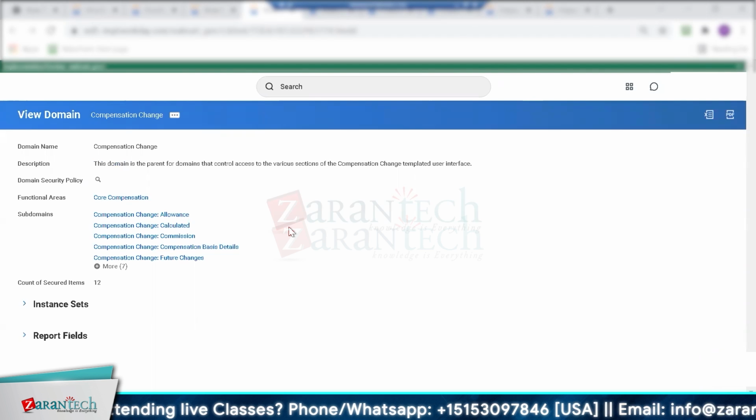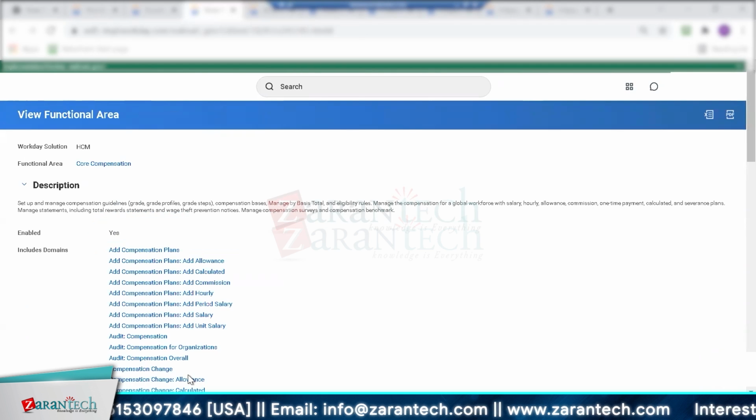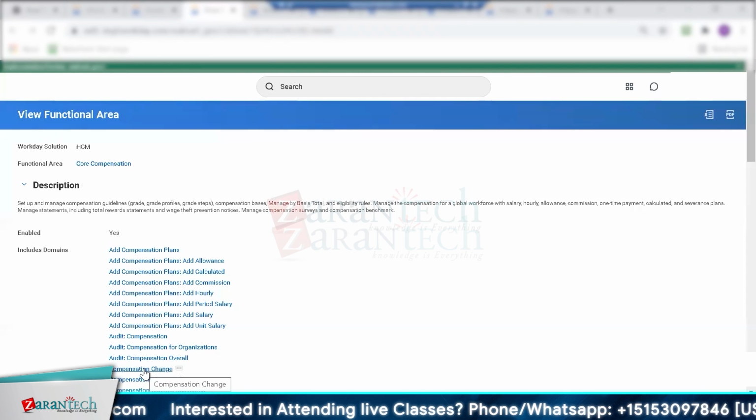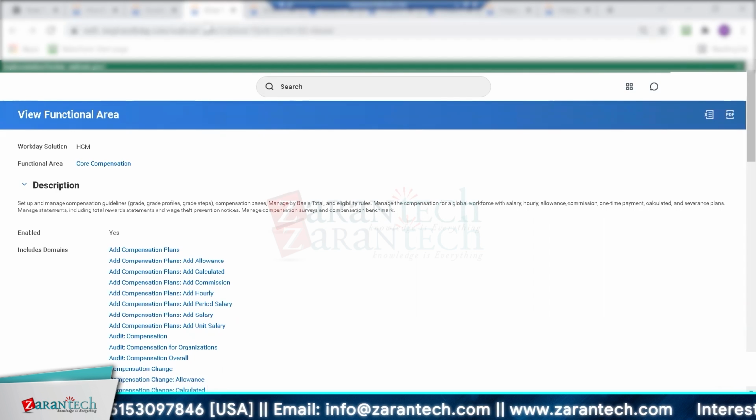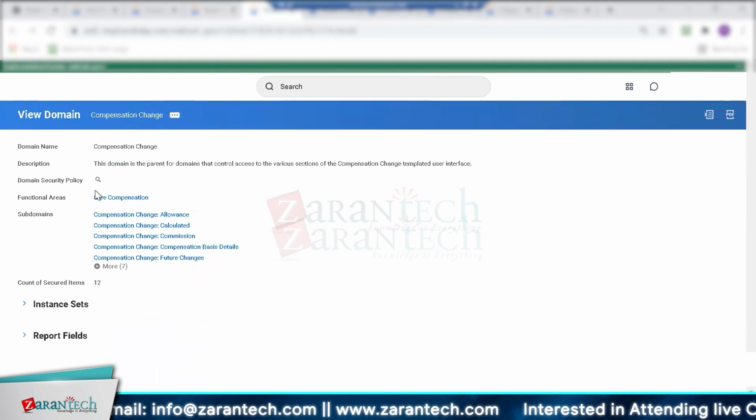And I think it'll make more sense as I continue going through this, but I clicked on, I think, the compensation change, right? I clicked on compensation change, which is one of the many domains under this whole big umbrella of core compensation within HCM. And in here, so still same functional area, here's the domain that I was looking at. This is the parent for domains that control access to the various sections of the